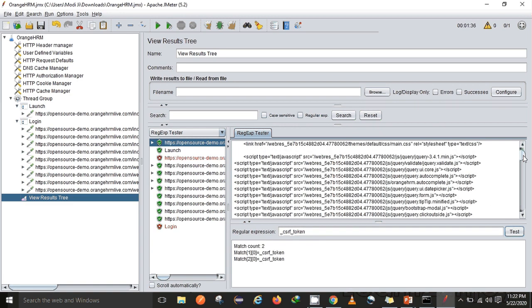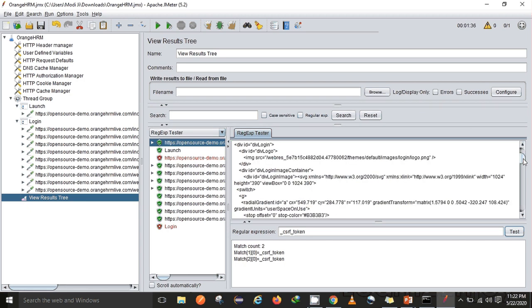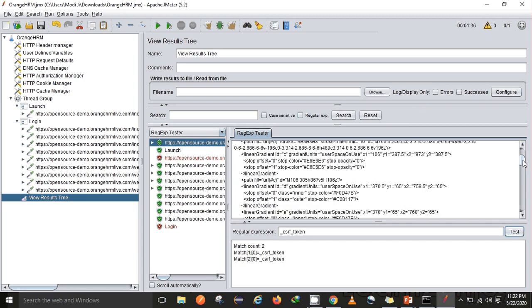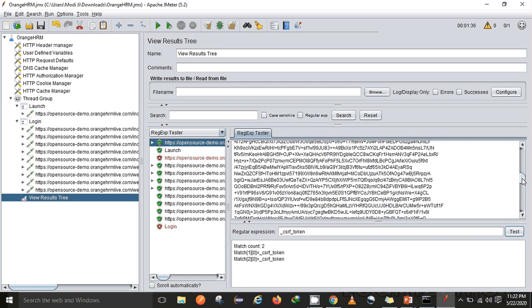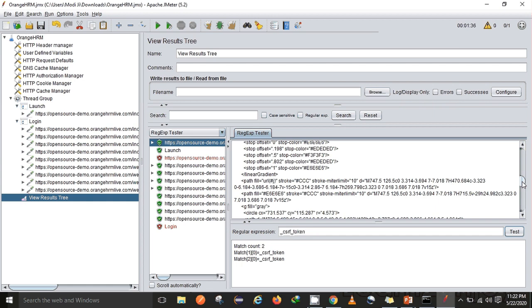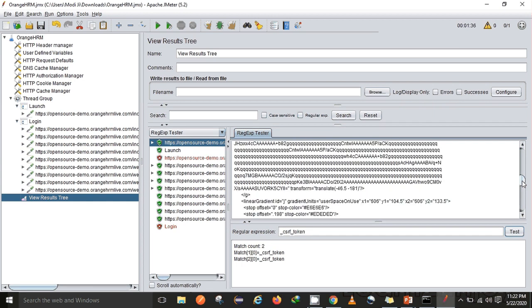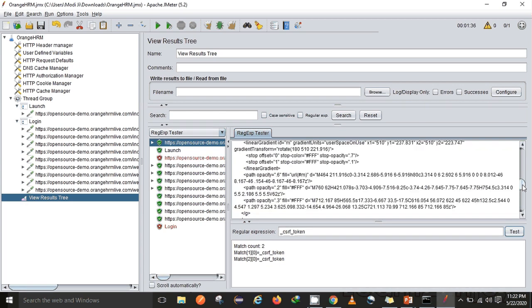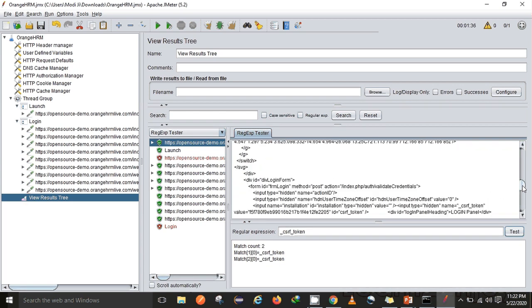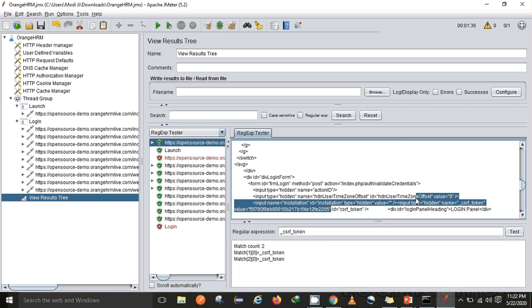In order to find a regular expression, I'll have to look in my response body. Yes, so input value CSRF token. Here I can find this token. I need to find it with the help of a regular expression extractor.